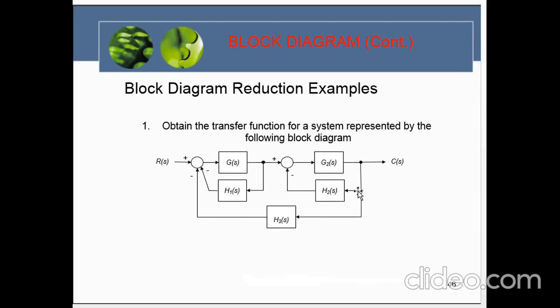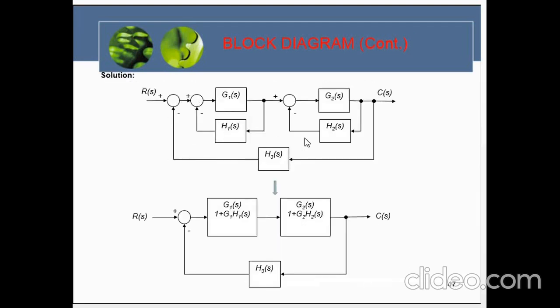Okay, although this is the fixed point, we should move it in here, and we also move it here. Okay, and we get it like this. That loop is free, that loop is free. By using the general form of the transfer function formula, we get this: the transfer function of this part, and the transfer function of this part. Now we get the block diagram like this.